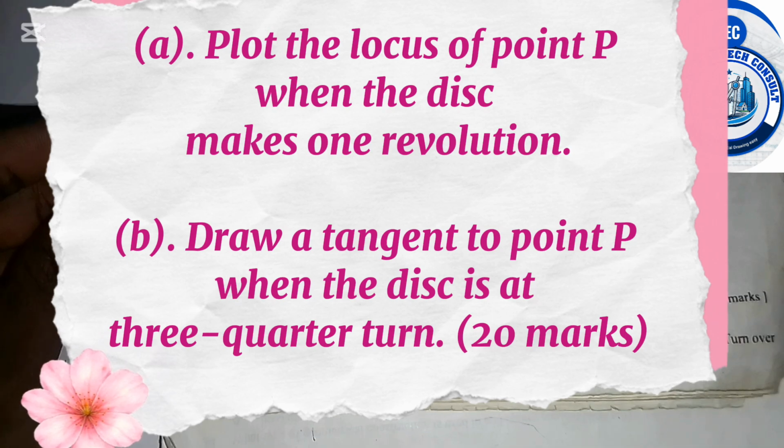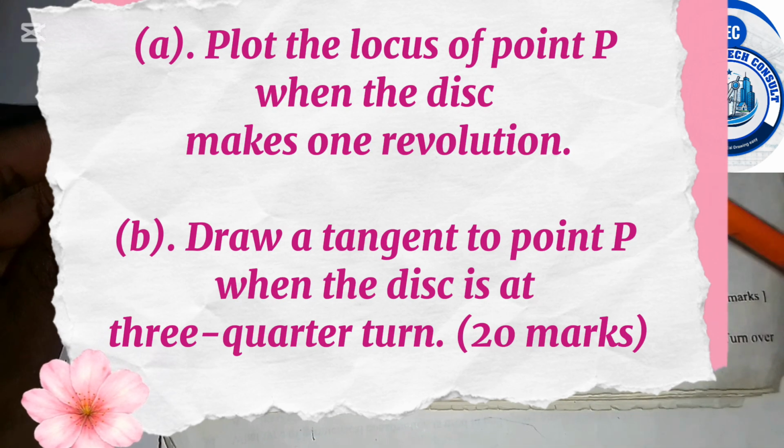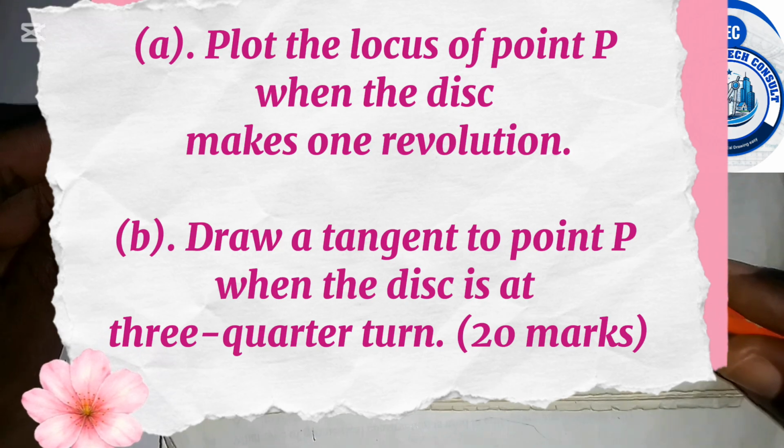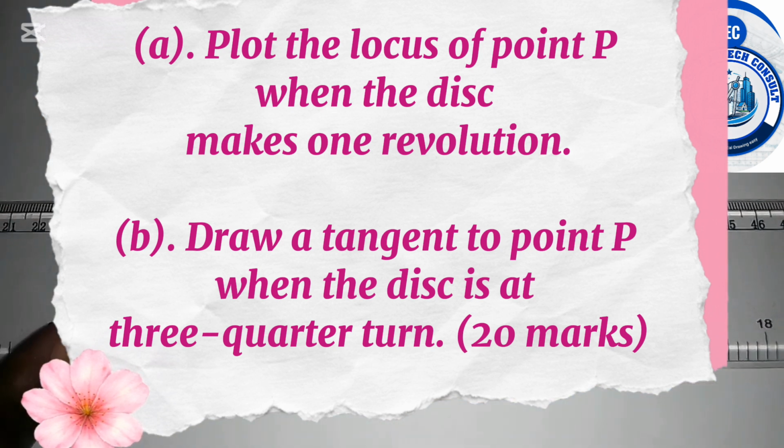So we are going to be starting with this A part. It says we should plot the locus of point P when the disc makes one complete revolution without it slipping off the horizontal plane. So I'm going to be drawing the